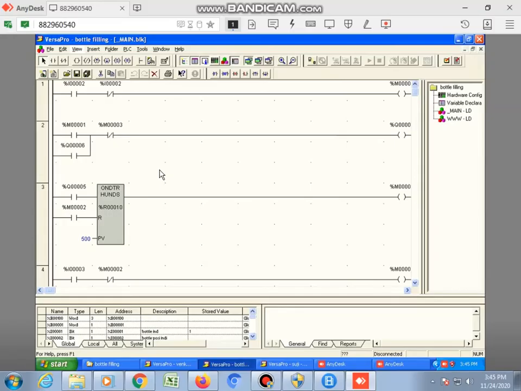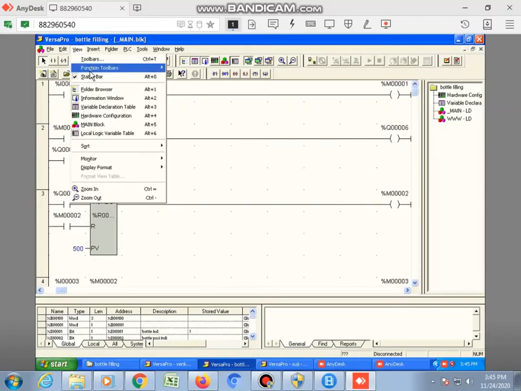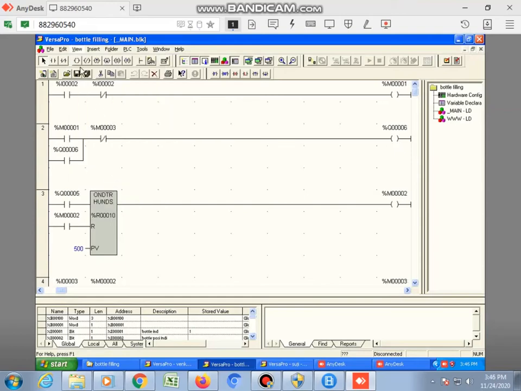bottle filling system. In this you can see the first two, I told you, there are two inputs, I1 and I2. These two inputs are for overhead water control. I1 and I2 are for water level control: when it reaches the top and is full, it will be off and the motor is off, and when it is not full, it will be open. Here we are using a timer for the filling system. We are using an on-delay timer, which has a register address, and we will be using a memory address.